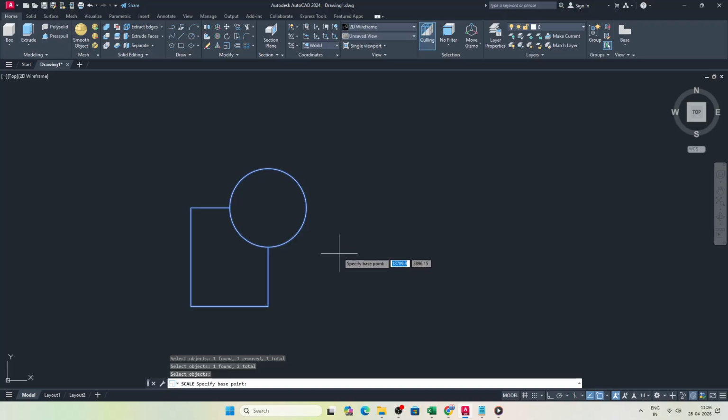Now AutoCAD will ask for a base point. This is the anchor point around which your object grows or shrinks, and it's the key to keeping your geometry positioned correctly. Click a precise point on your object, an endpoint,